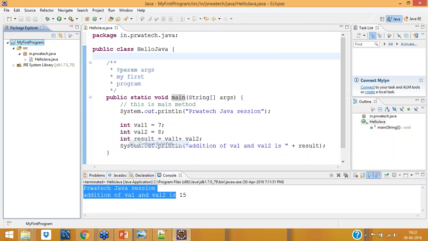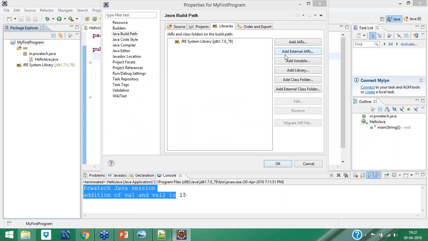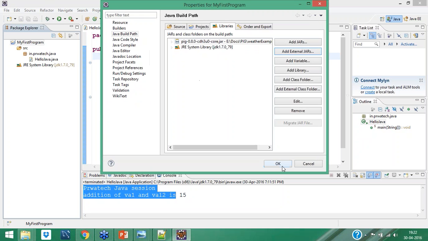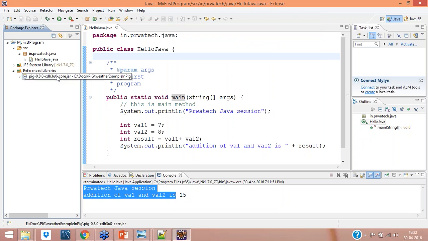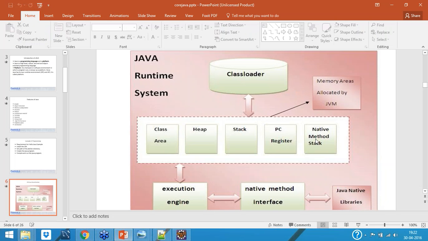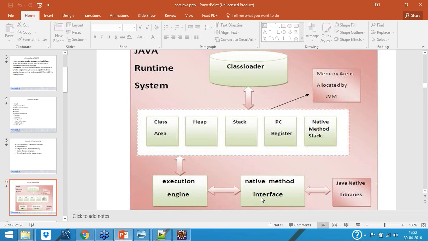Here you will add an external jar file and put some jar file there. Let's say I'm adding this pig dot something. This is my reference library. This is nothing but the native method stack, and here you can see down, native library, native method information.